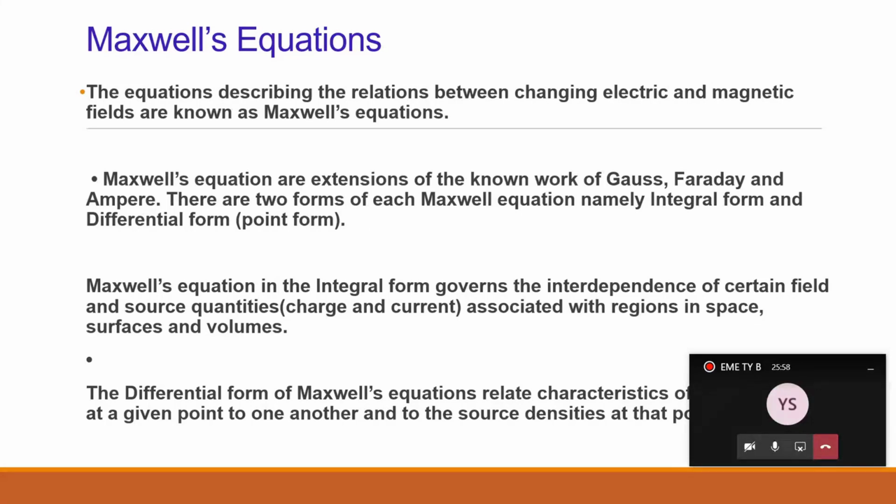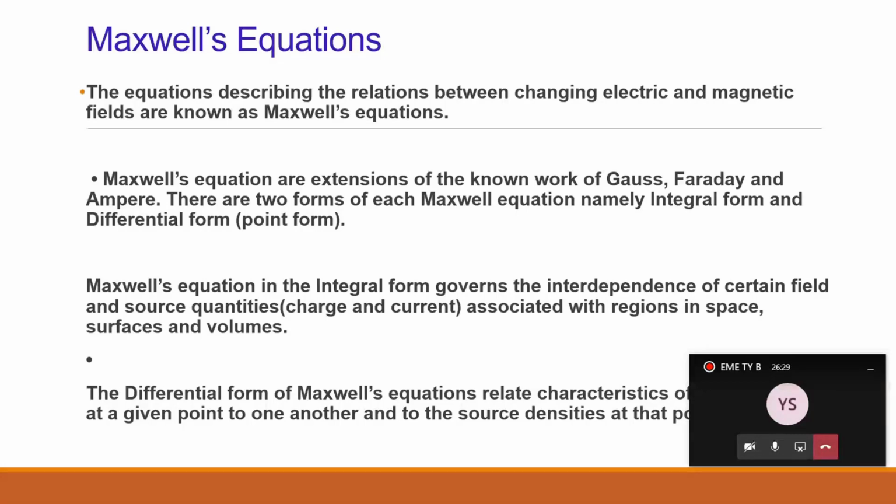So this kind of equation is known as the integral form of Maxwell's equation, derived from Ampere's law. Like that, we have to see which law is used to derive it, and whether it is in integral form or in point form. This is known as integral form. And when we write in terms of differential form, with del cross or del dot, then it is known as point form.